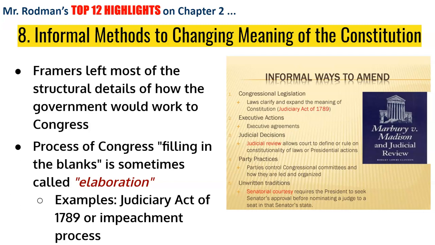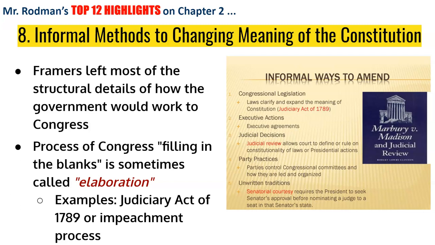The idea was that it would change over time, that people would amend it, but it would be done in a cautious and deliberative way, with two-thirds of Congress and three-fourths of states, state legislatures or state conventions, to do so. So it would be supermajorities that were in agreement to make these changes. Otherwise, they left a lot of the details to Congress to work out, in proposing or approving legislation that the states would then ratify or approve.